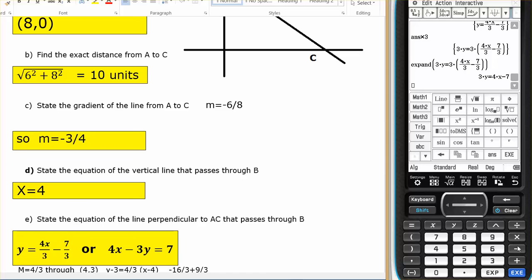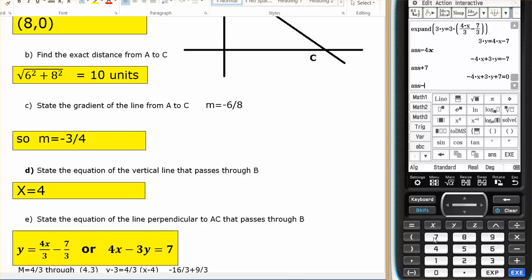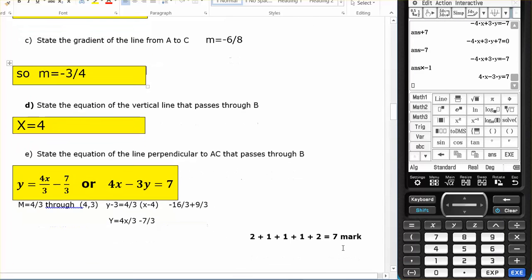Then I minus both sides by 4x and I plus both sides by 7. Oh no, I want everything on the other side, so then I minus both sides from 7. And then I multiply everything by -1. That puts the 4x positive, so 4x minus 3y equals 7. There you go. And that's question number